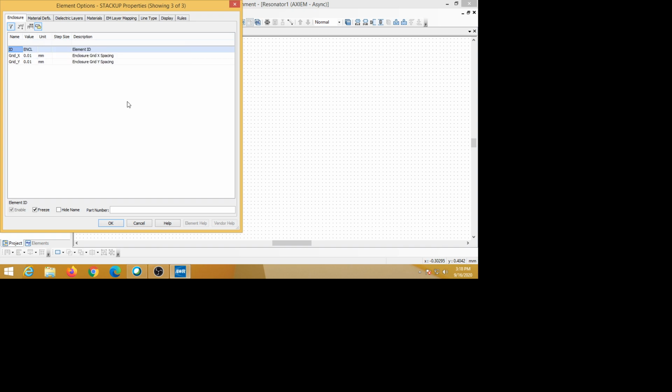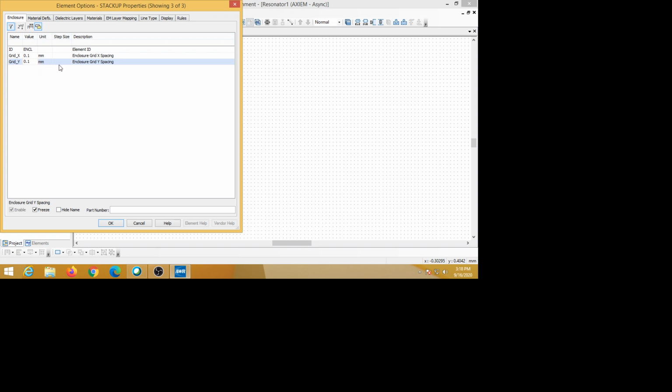This grid means, see, in this window there are dots, we are drawing our structure actually in this place. From one dot to the next dot there is a gap, that is between the two dots, that we have to provide here. It is 0.01, but we will make it 0.1. That is enough for our structure length. So we have to make a grid, both the grids must be the same, you should put 0.1, 0.1 for both.